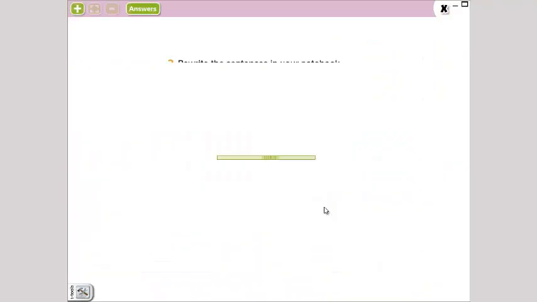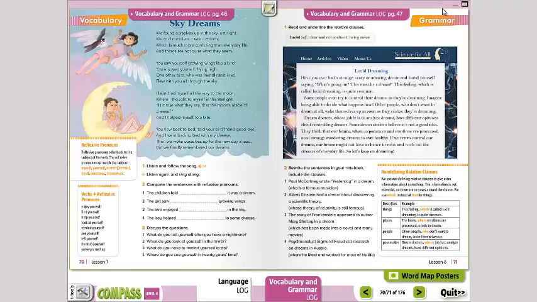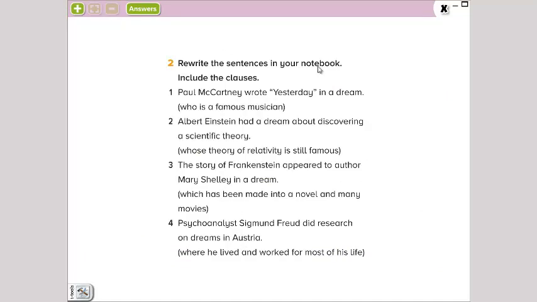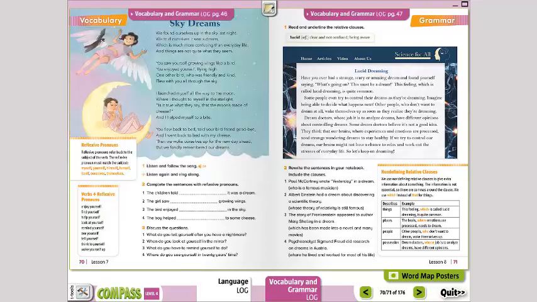In the second part, we have rewrite the sentences in your notebook, include the clauses. Esta parte no se debería porque eso le voy a dejar guardar en el cuaderno. Entonces esa parte no la vamos a hacer porque es información extra, como ustedes ven. Información que no está con el tema de los sueños. So, en la página 41 y 42 de Vocabulary and Grammar,